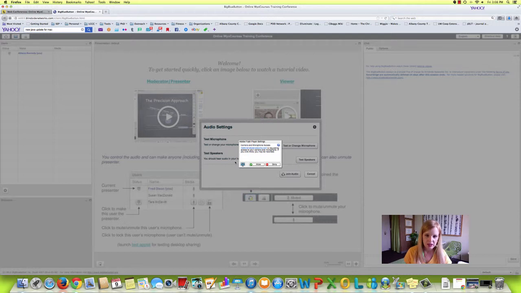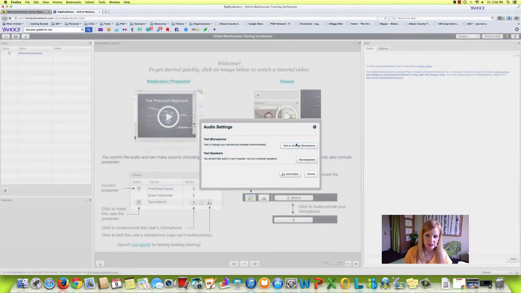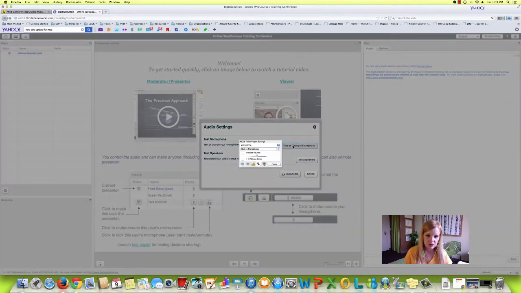It wants me to allow access to my camera and microphone, so I'm going to do that. Allow access. I'm going to test the microphone so that I can see there's some green lights popping up here telling me this microphone is working. I can increase or reduce the volume, and I can also reduce the echo, and I have the option for a few other things here if I want to change the microphone that I'm using, but I don't. I want to use my built-in microphone, and so I'm going to close out of that,